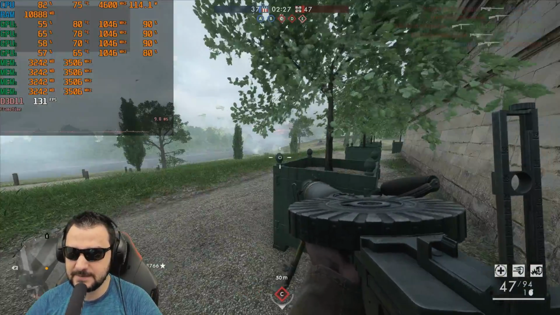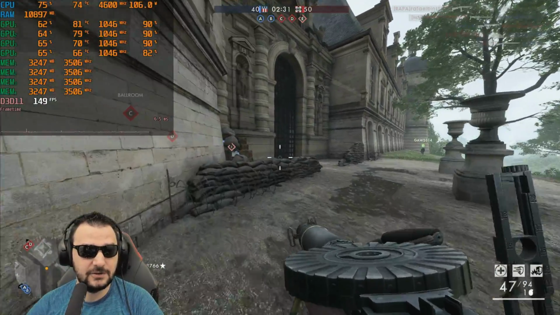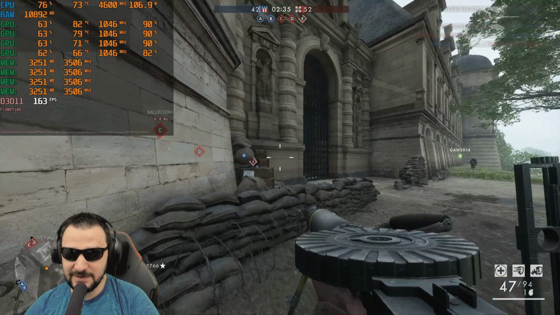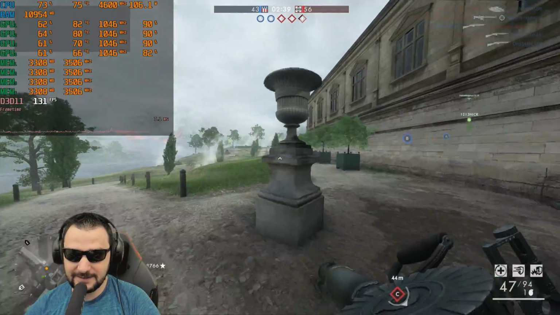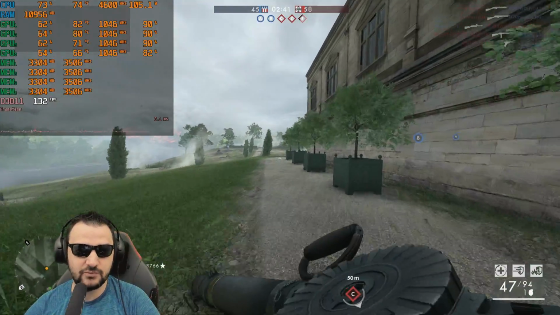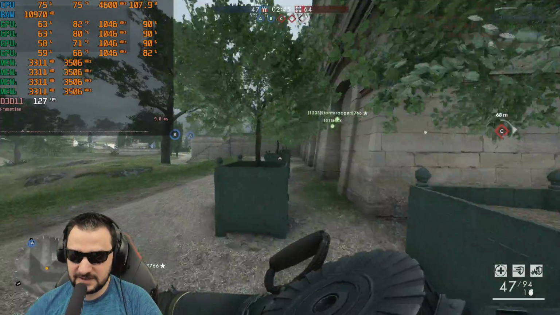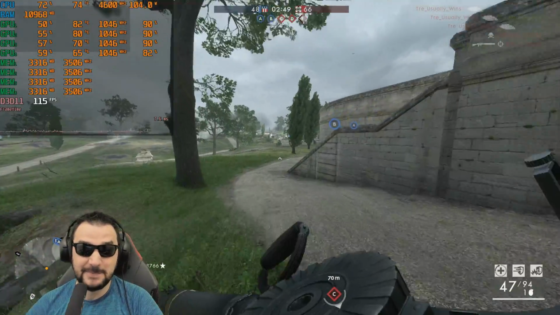Look at this, maximum details, looks fantastic. We're getting like 70-80% load on the CPU, 110 watts consumption from the CPU. It looks good, it's running really good, and I think we are in a good position with this system. 11 gig of system RAM utilized here, and I think this is the best we managed to see